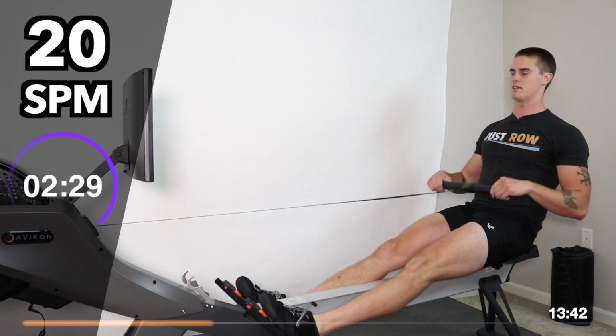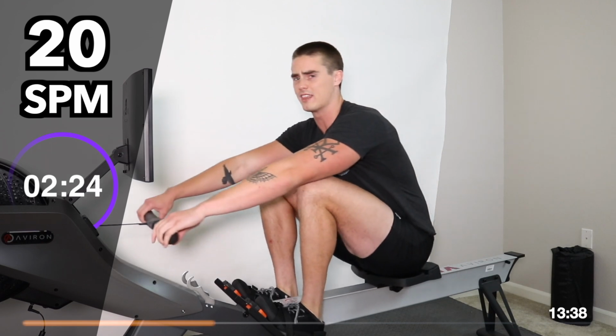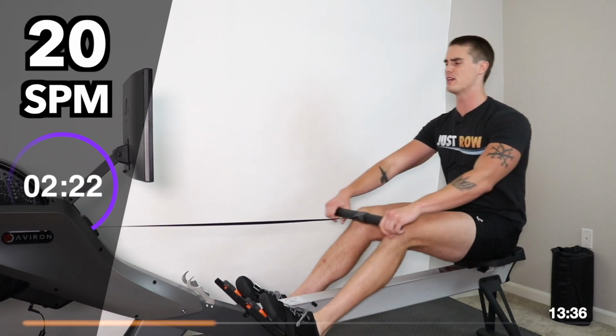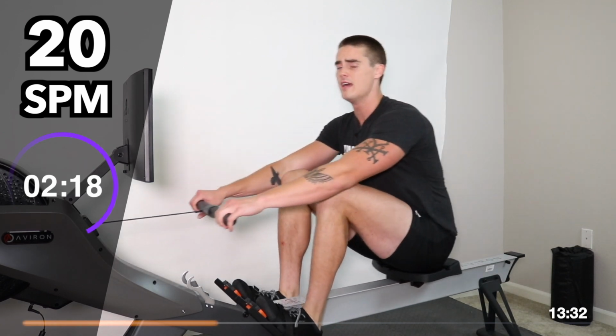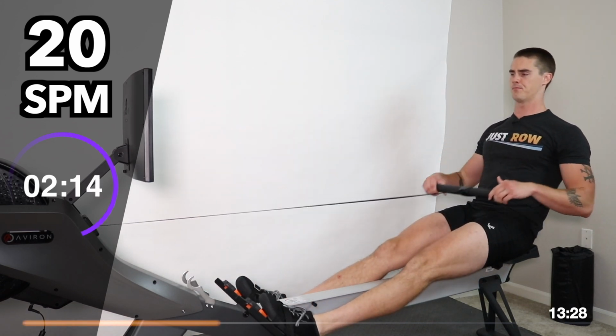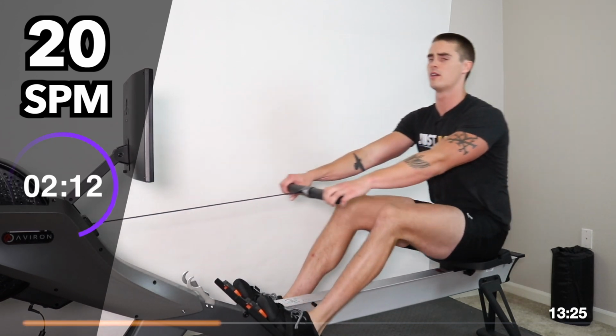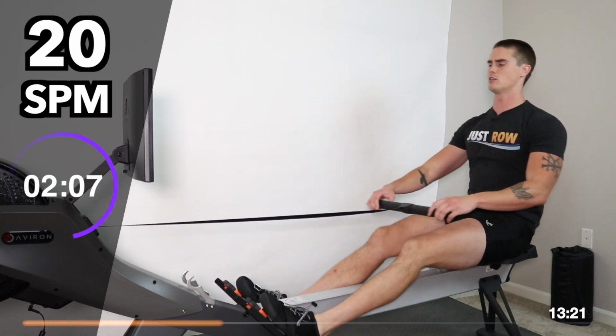Nice, now that we're in the middle of this thing, let's get a little reminder here on what stroke length is all about. Remember, priority number one with stroke length is in the body. It's the torso's lean and swing. We're at the front end of the stroke. We want our shoulders in front of our hips, our torso onto our thighs,